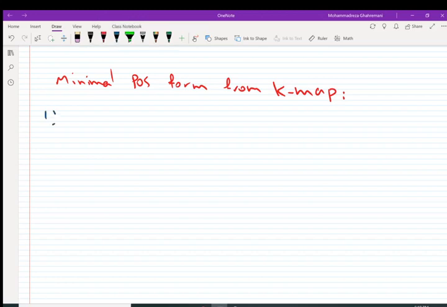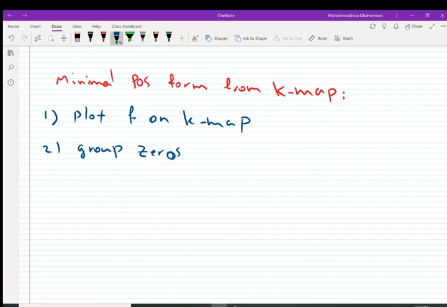First step, we plot f on K-map as we did for sum of product. Second step, this time we group zeros. If you remember, for sum of product we grouped ones, but for product of sum we group zeros. Grouping zeros follows the same rules